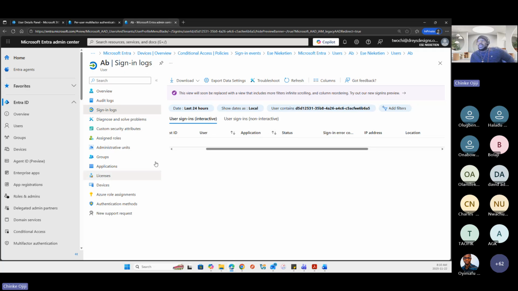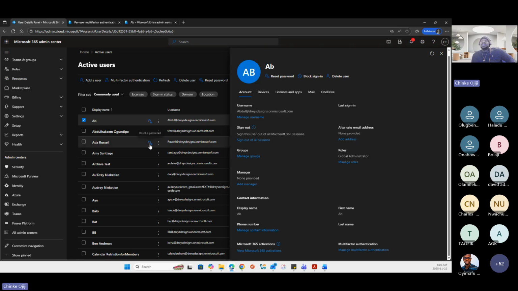Once you have confirmed this here, you come back to the 365 admin center, locate the same identity, and first block the sign-in of that user. You're blocking the sign-in to prevent these bad actors from continuing to access that identity.